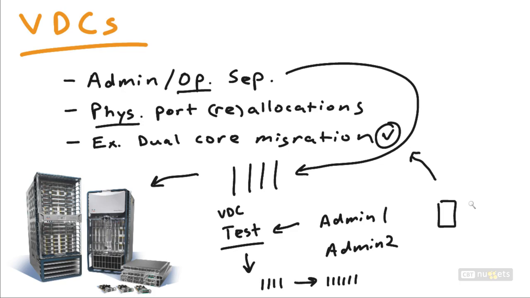So let's say in the core, we have three physical Nexus 7000s. What we do is